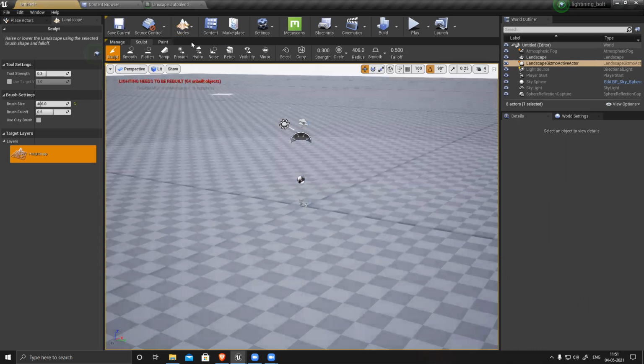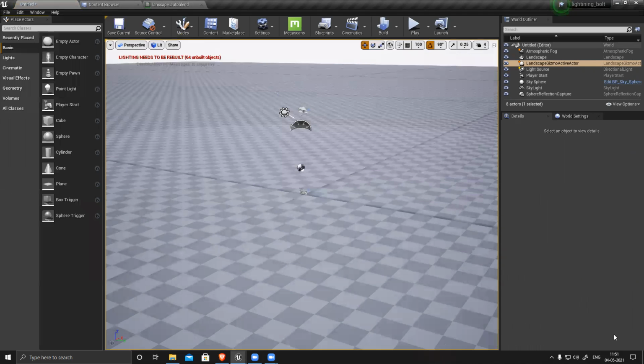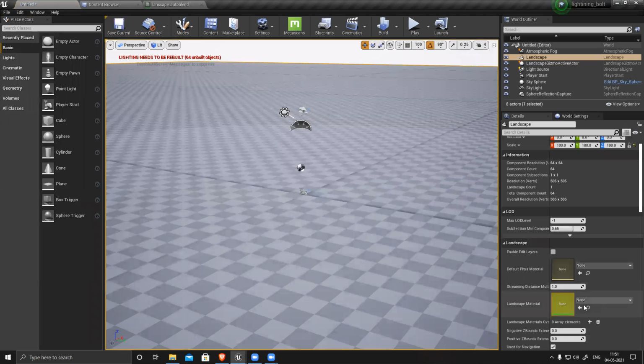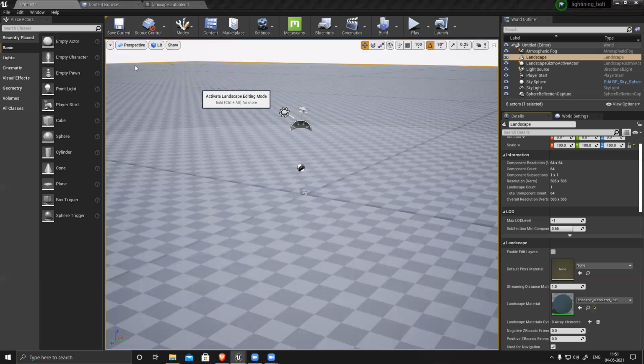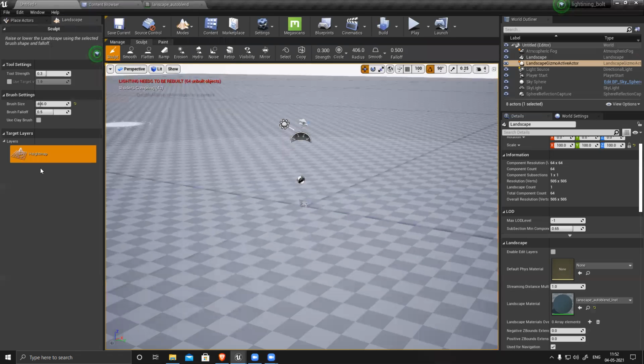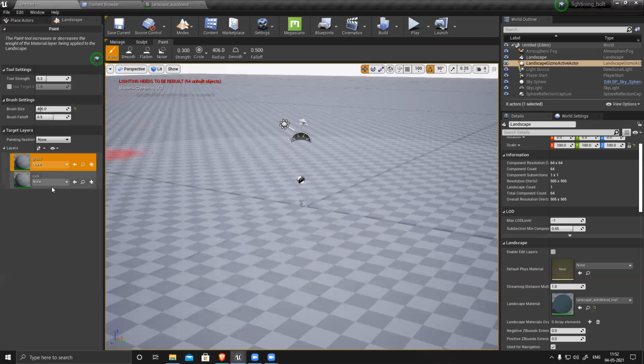Oh, I have to exit this thing. Select here, landscape material, just apply it here. But you can see nothing is visible. It's compiling, but nothing is visible because we have to activate that. Go to landscape again, paint. You can see these two don't have any information here.